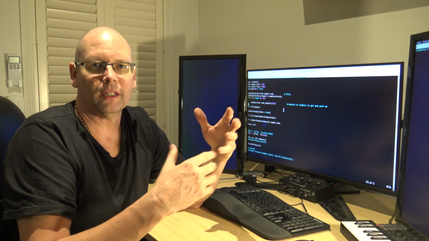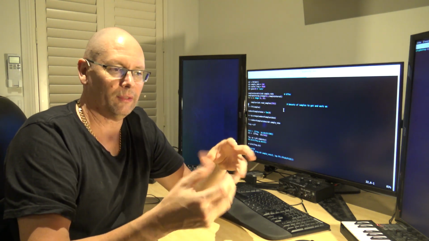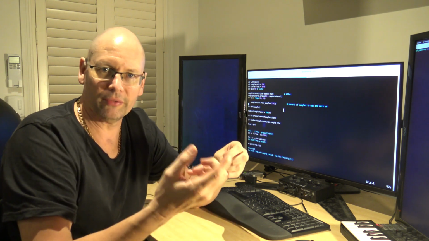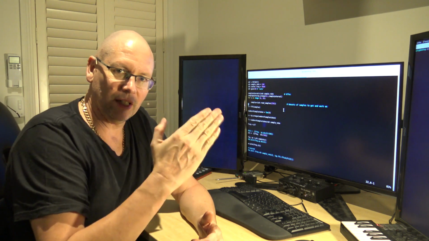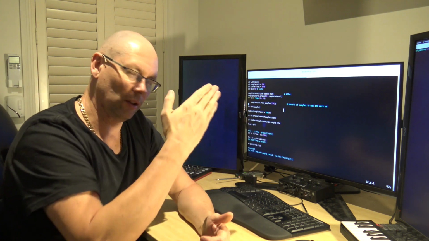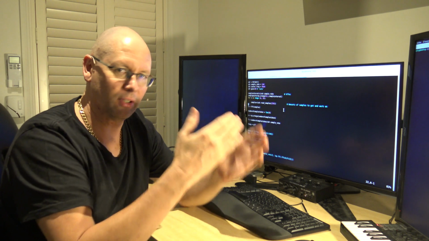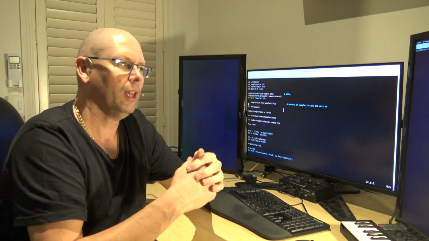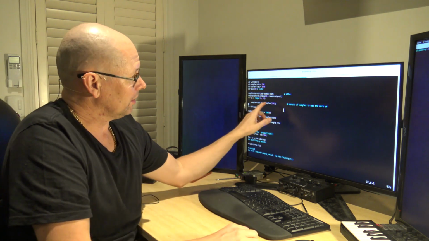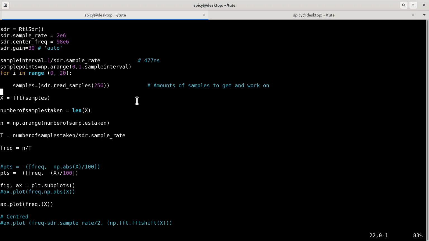Now FFT is fast Fourier transform, and it's a fast implementation of the discrete Fourier transform. Discrete in this sense means discrete intervals of time that the samples were taken. There's lots of discrete samples, so we do a discrete Fourier transform on them in a way that's called fast Fourier transform. Now the way that works is, because I've done 256 samples and I'm passing that to the FFT function,